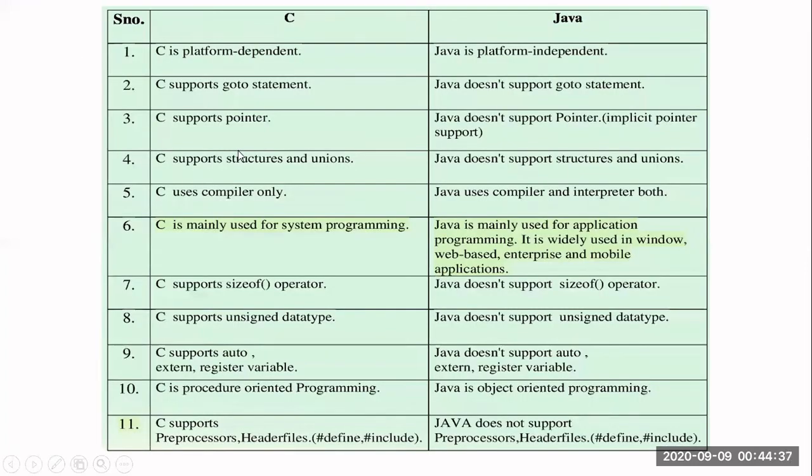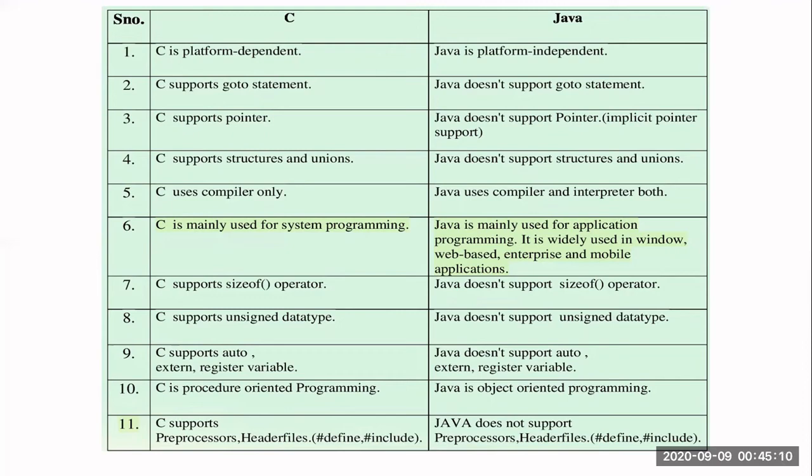Our next topic is, we will see the difference between the C programming language and Java programming. C is platform dependent. Platform dependent means when I write a C program in a Windows operating system, I should execute it only in Windows. The same program cannot be executed in a Linux operating system, I need to modify certain code. Syntax and all will be the same, but the execution, the way I have done certain codes, I need to modify. But when it comes to Java, it is platform independent. And C supports the goto statement, and on this side Java does not support the goto statement.